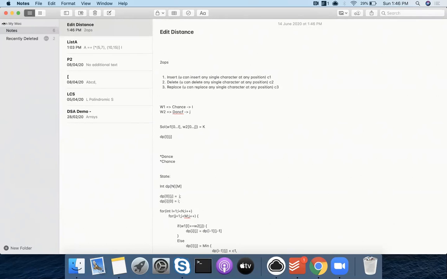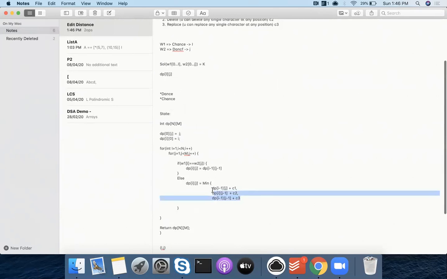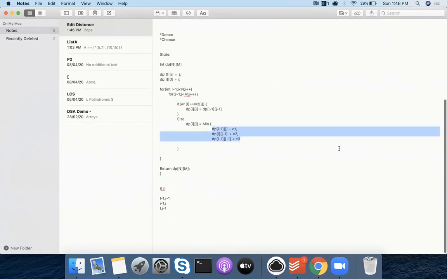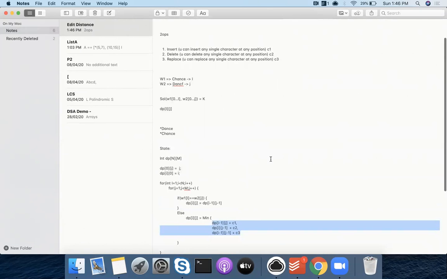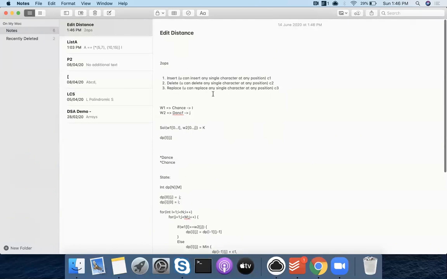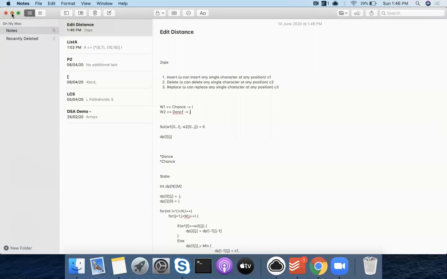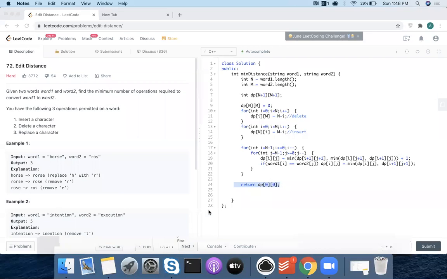It gets a little bit complex, but the idea remains the same, that you need to come up with a state, and this is where you have to majorly concentrate. And then if you write bottom to up or top to down code, it will work. So this is the idea of edit distance. I hope you guys are able to get it. So any questions on this problem? Any doubt?